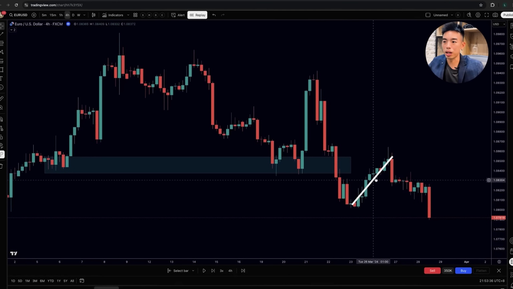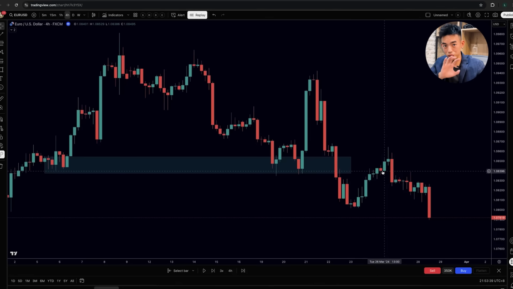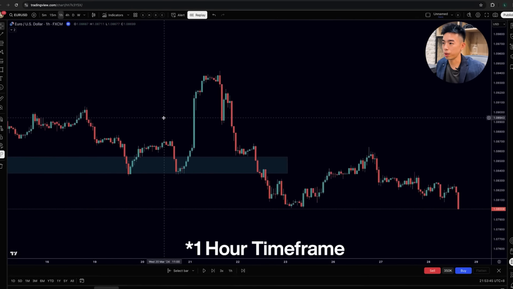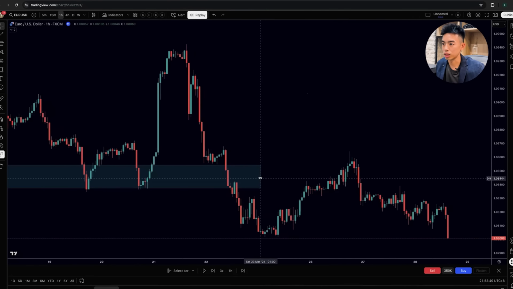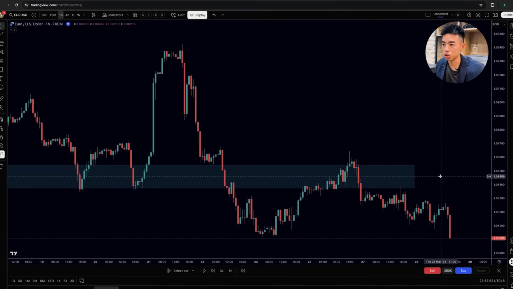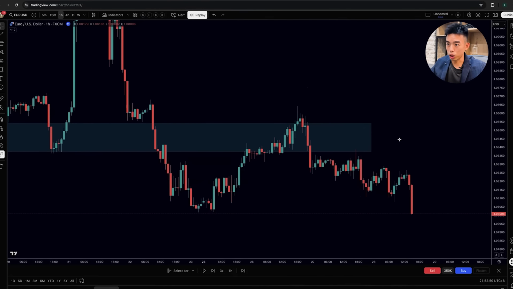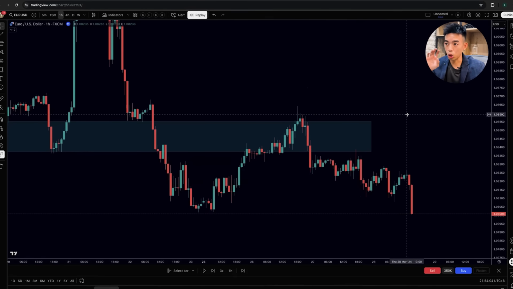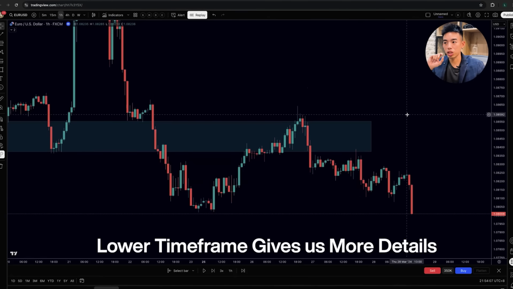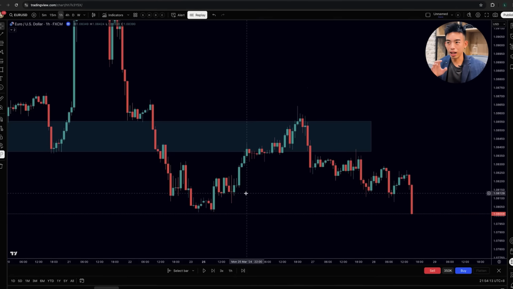As price comes up into this area, what you want to do is drop down to one time frame lower, the 15-minute time frame. And I'm going to extend this out like this. And this is the zone we were looking at, like so. Now, remember what we're trying to do here. We're trying to sell at this zone here. How are we gonna do that on the lower time frame? The lower time frame gives us a much more detailed picture of what's going on in the pullback. And if we catch it right, we are able to get in with a very tight stop with a huge